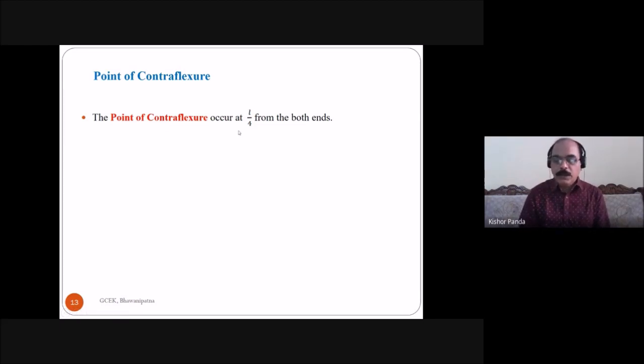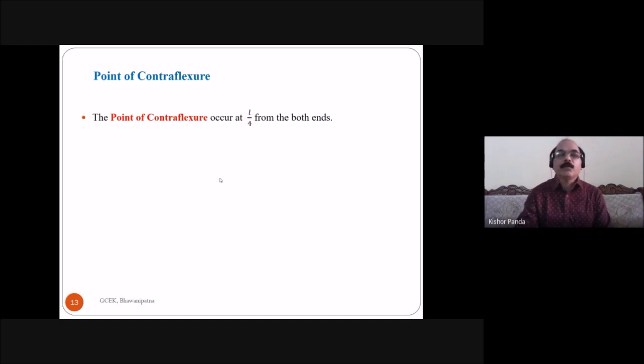Now you are clear how to solve the fixed beam by the moment area method. First you have to draw the free bending moment diagram, then the fixed bending moment diagram. Then you don't know the moment at both ends, and using these two you have to find out the moments by the moment area method. Then after getting the moments at both ends, you have to plot the final bending moment diagram or combined bending moment diagram.